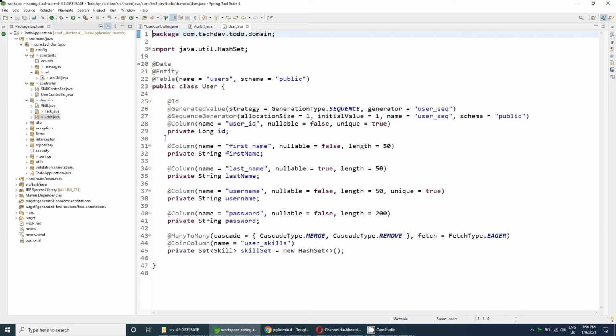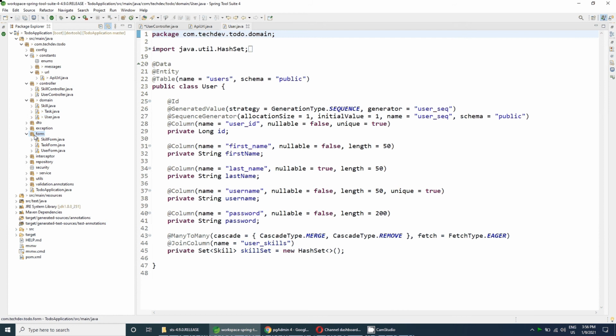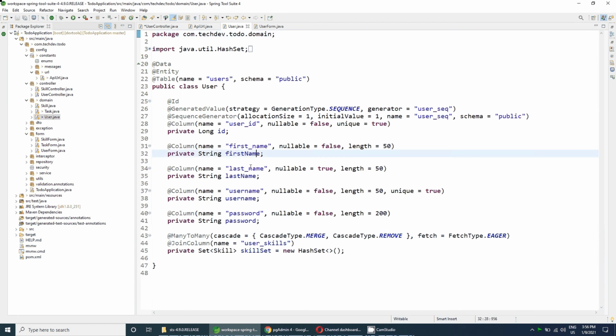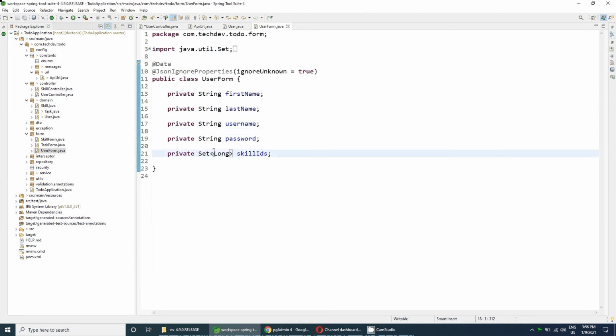So let's create the form first. Go to your form package, and we already have a user form. We created the user form in our earlier videos. It is the same thing: the first name, the last name, the username, password and a set of longs, that is the skill IDs.